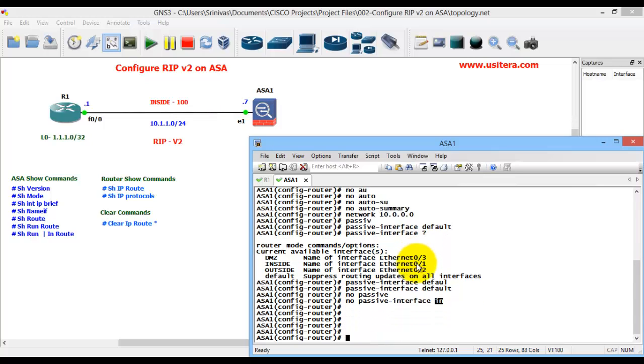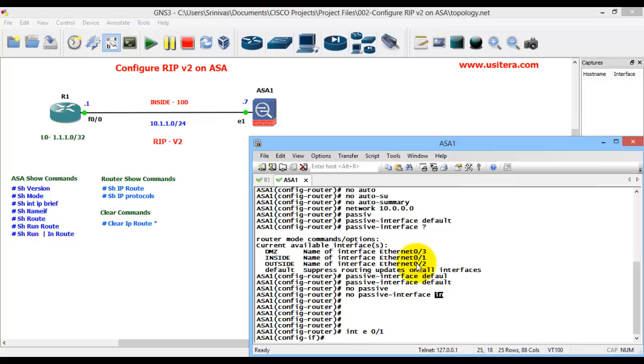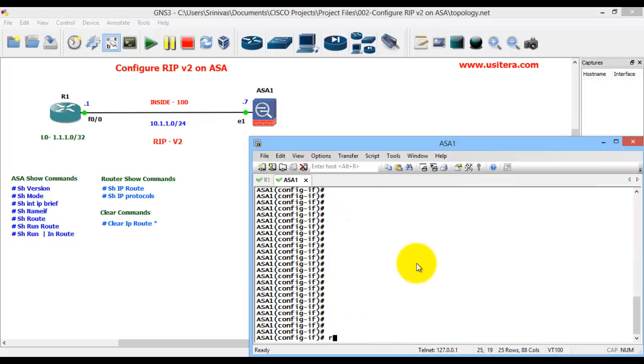Okay, finished. Next, go to interface mode and add the key chain. Interface E0/1. I can add one key chain for RIP authentication mode. There are two modes: one is MD5 and the second is text mode. Text is clear text mode, which is not secure.